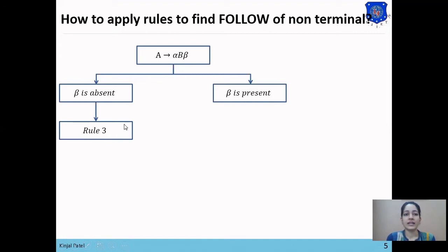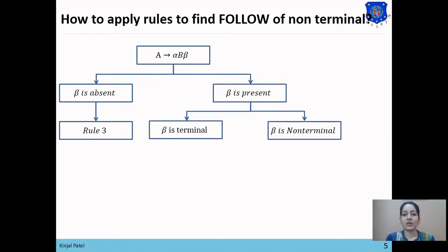Rule 3 says that everything in follow of A will be placed in follow of B. And if beta is present, then there are two possibilities, that beta is terminal symbol or beta can be non-terminal symbol. So if beta is terminal symbol, then we will apply rule 2.